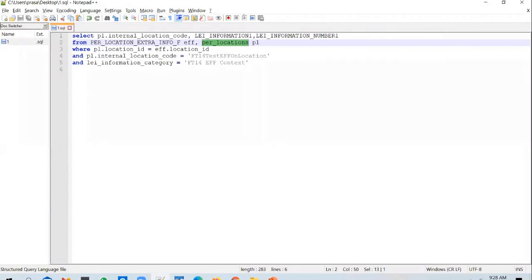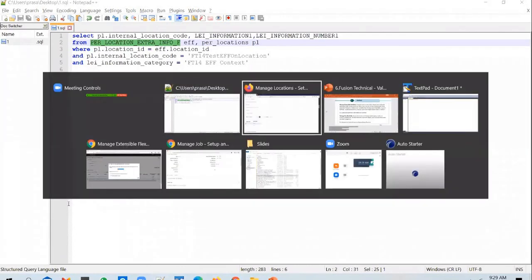So for that reason, what Oracle did is it has created additional information tables, like the per location extra information table. If it is a different entity, you have a different extra information table. For location, it is the per location extra information table. And in this extra information table, these 2 records will be stored.